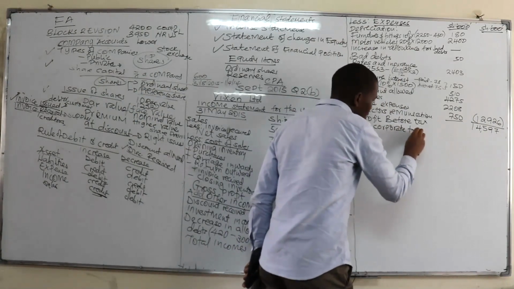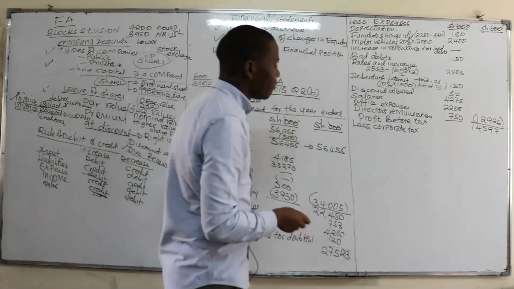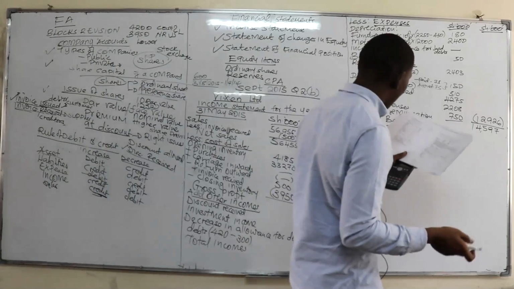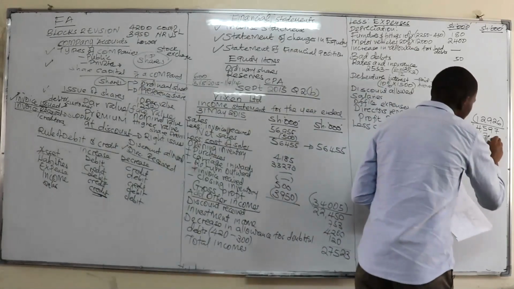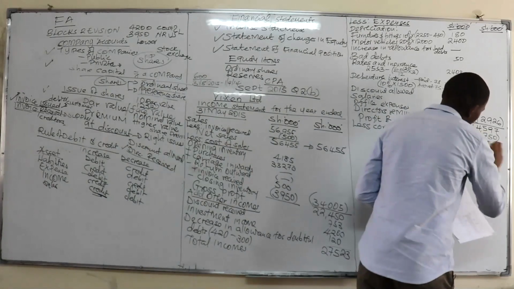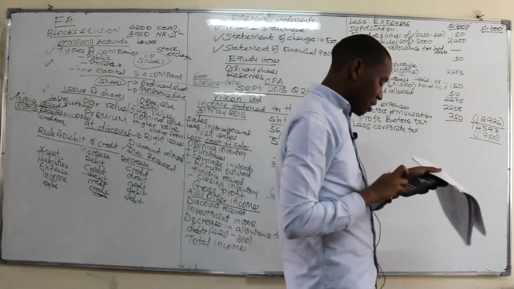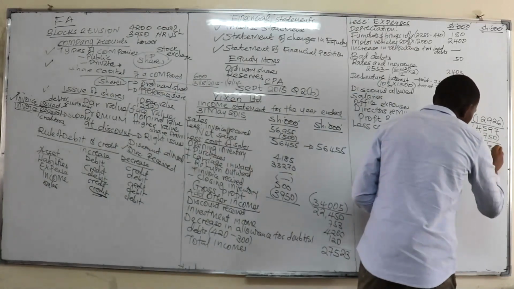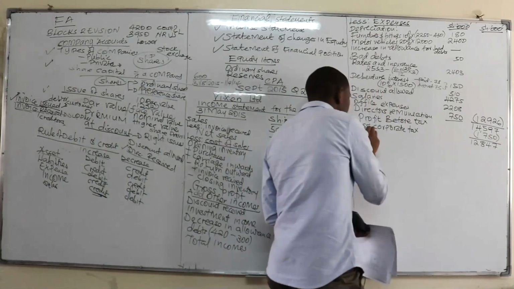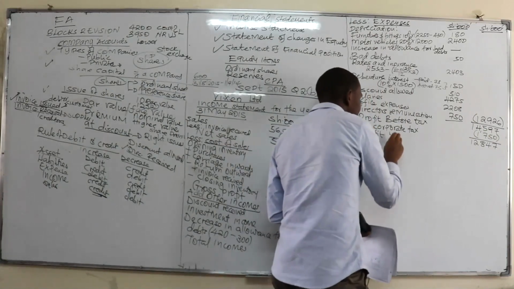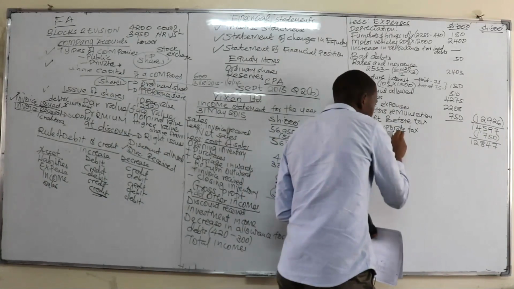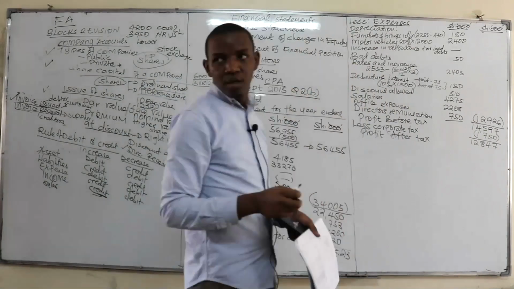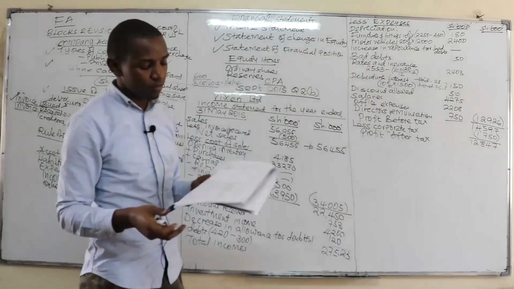From there, you can deduct the corporate tax. So KRA, or the government, must get its own money. The corporate tax, on additional information number 8, we were given as 1,750, so it will be minus 1,750, which in this case is 12,847, giving us the profit after tax. So you now have the profits, and now you can pay out the dividends.